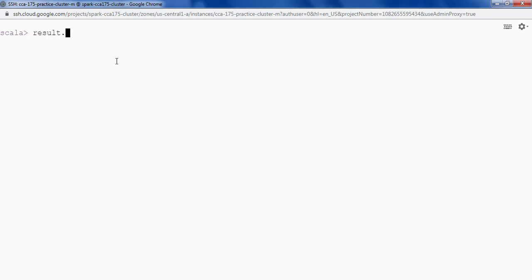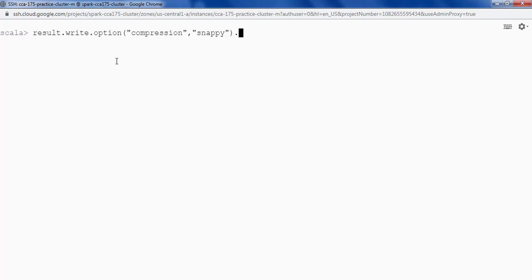Result.write, which returns a data frame writer. So I'm going to say dot option, and let's provide the compression as snappy.